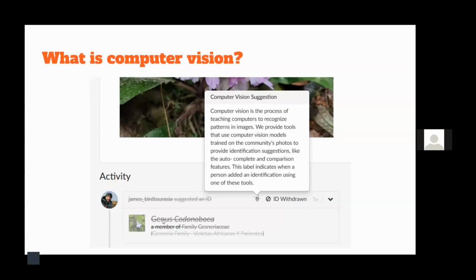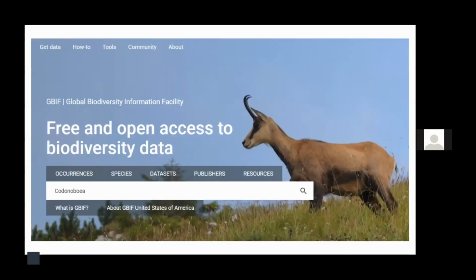So it's saying it's genus Codonobia. That's terrible. I should have practiced this. So genus Codonobia and family Gesneriaceae, which is the Gesneria or the African violet family. So he uploaded this photo, and I thought, wow, that's a very cool plant. Let's see if we can figure this out. So there's another website. For insects and stuff in North America, Bug Guide is a great resource. For all kinds of